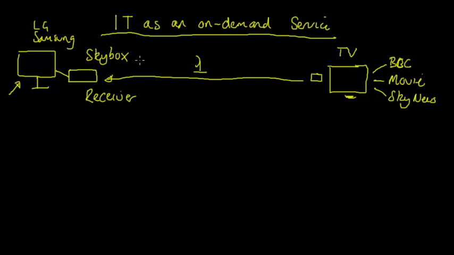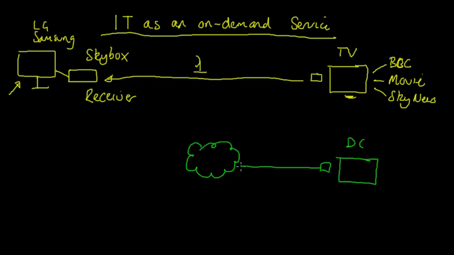Now let's look at delivering IT as an on-demand service. So now, rather than having Television Centre, I'll have the data center. And so I can take my IT services, whatever those IT services are, as long as I've got some sort of standard delivery controller, and then deliver those services out over my network. And I'll draw a cloud here, but it could be anything really. This could be the LAN or the WAN or the internet, or even a mobile phone 3G network if need be. And I can deliver my IT services down to my users as long as they have